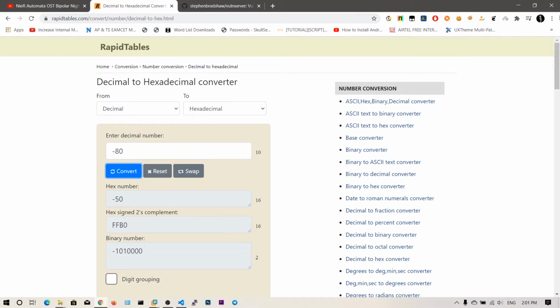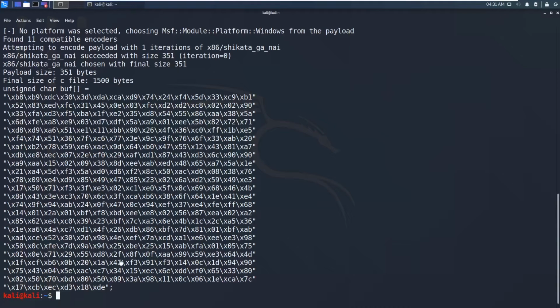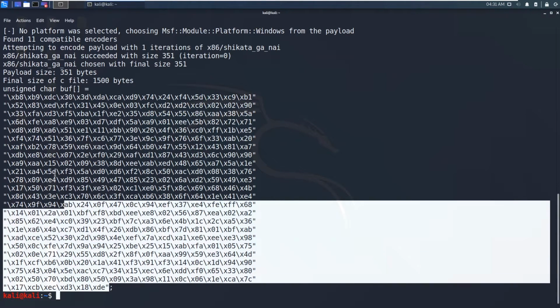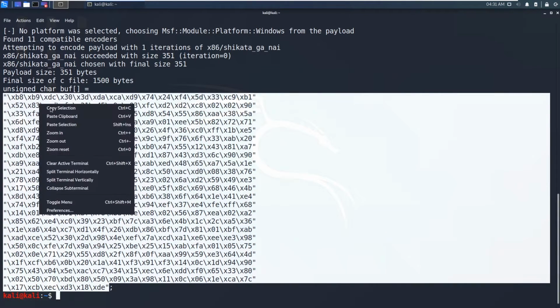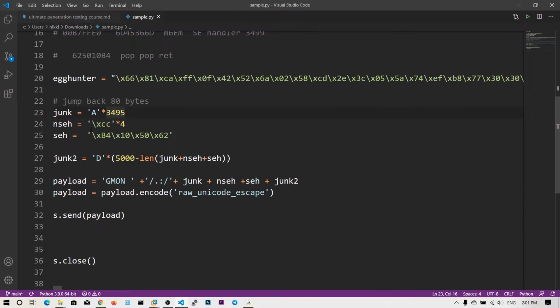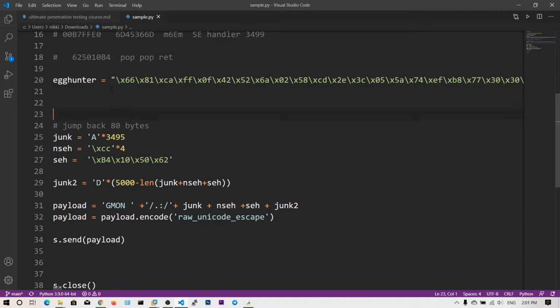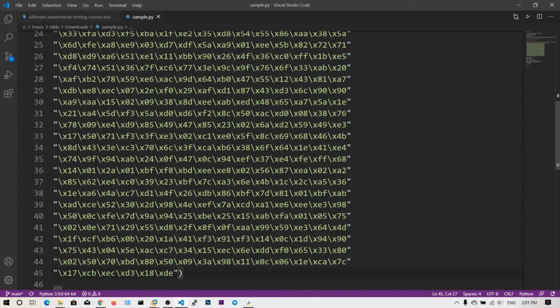So let me open this, and my shellcode has been generated now. Let's go ahead and copy this one, and let's say shellcode or reverse shell. So my reverse shell has been created.